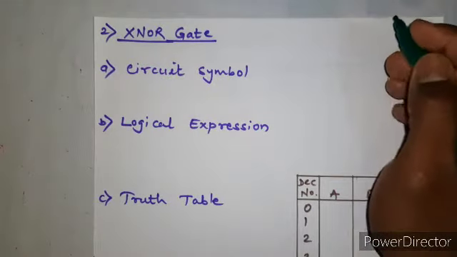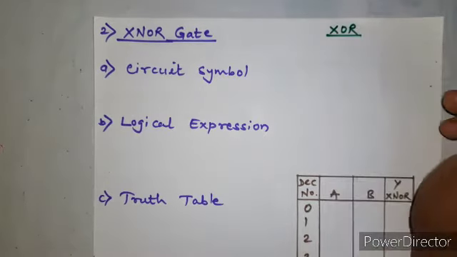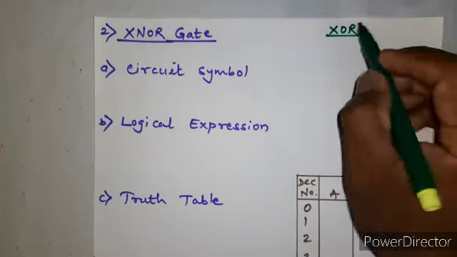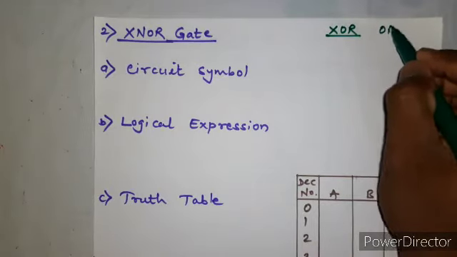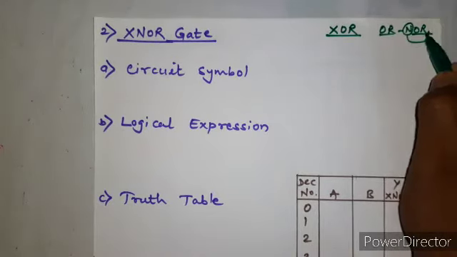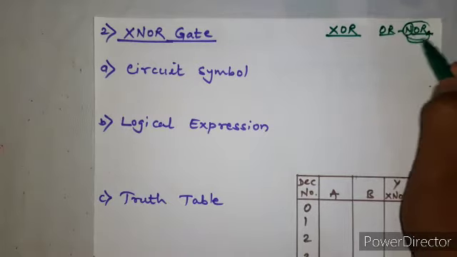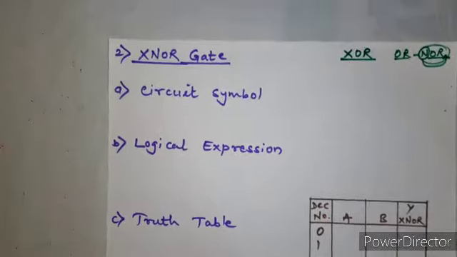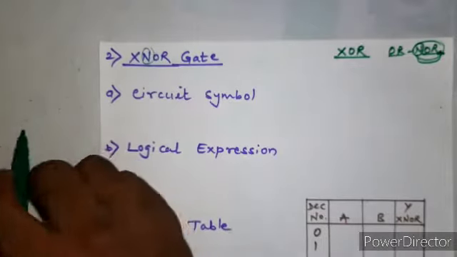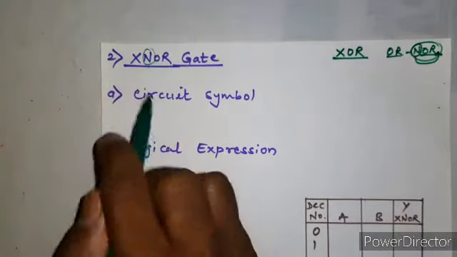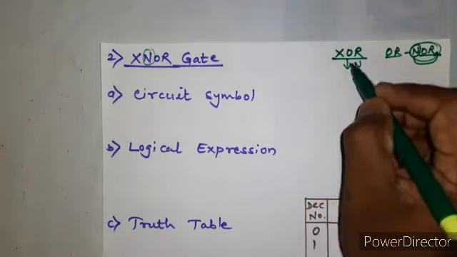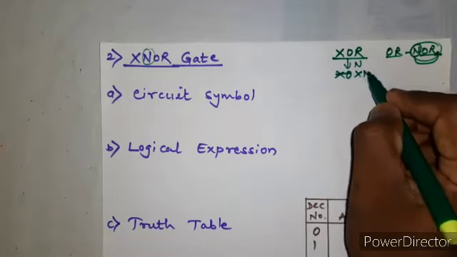A while before we had studied the XOR gate. Now just recall OR and NOR. Here we have OR common, and just a NOT gate is attached to the OR gate, which becomes the NOR gate, right? Now we are trying to understand XNOR. Here the NOT gate is added; otherwise, if you remove this N, then it becomes XNOR, right? So by adding a NOT gate, the XOR gate is converted to an XNOR gate.